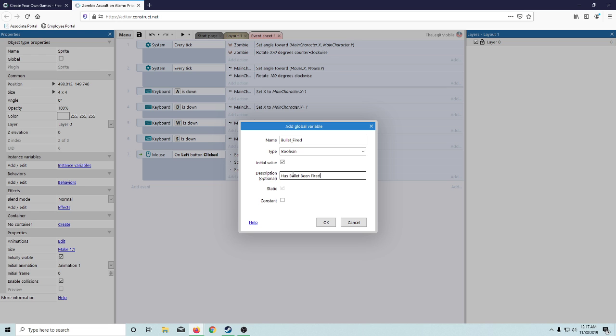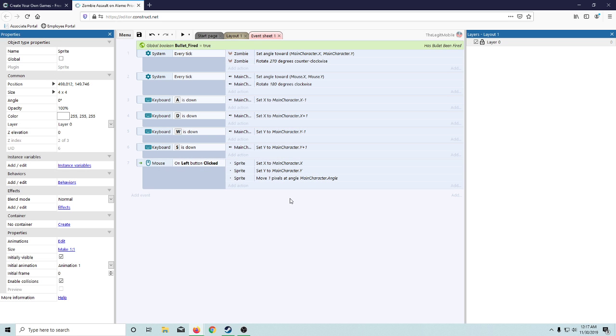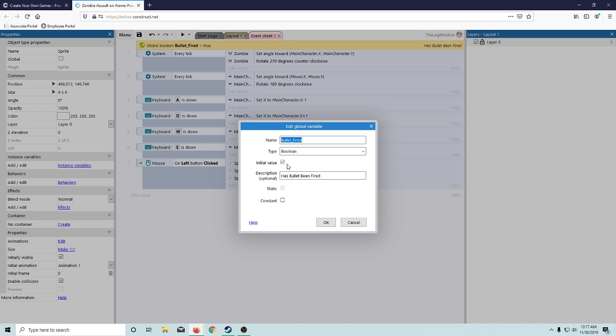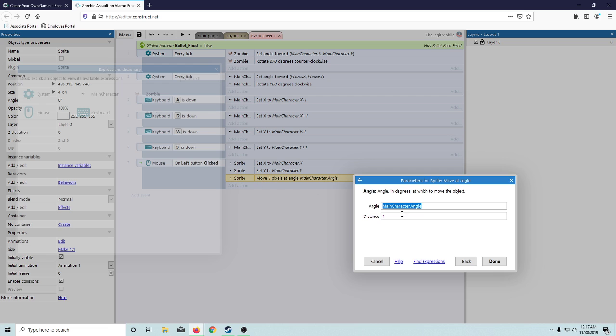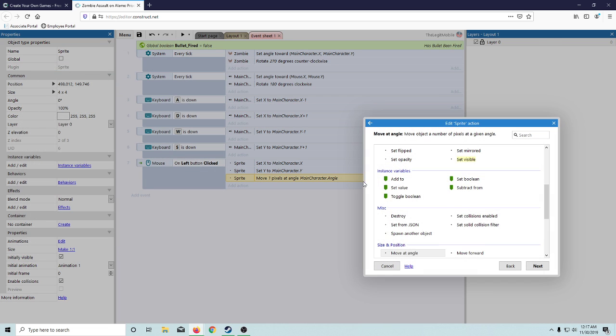And of course, we're going to have multiple different guns and stuff. But can I change this to false? Oh, okay. So basically, we're going to want to go back,